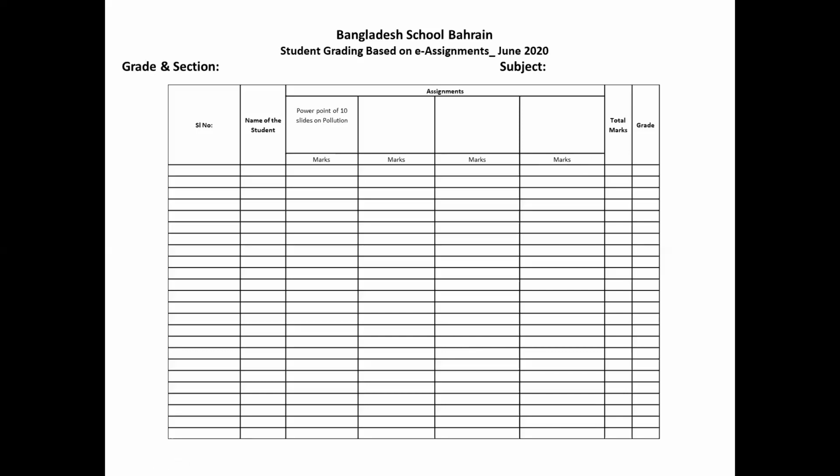So I request all the subject teachers to try to fill this form as soon as possible. Even if it is not complete, fill this as the stage may be. Some students must have submitted, some may not have. So give this information to the students in the WhatsApp group. That will alert them to what are the missing assignments which they have to submit, and they can work accordingly. It will give a cumulative picture for the students about their status.